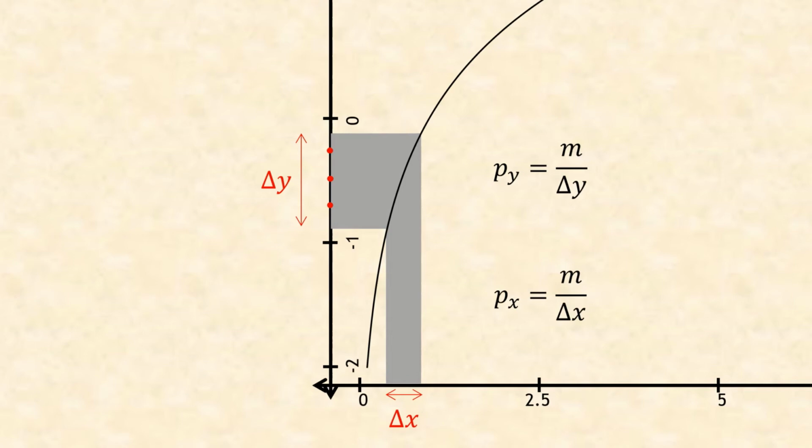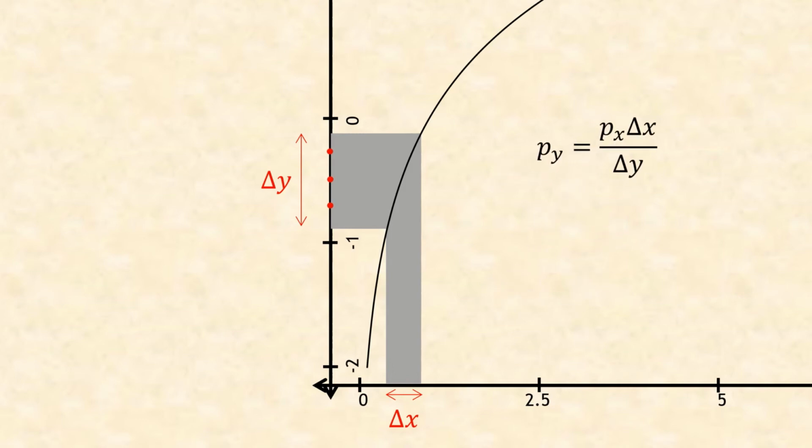Obviously, the same number of particles is in each end of the pipe, but the y-axis has a lower density because the width is higher. We can understand exactly how much it's lower by a bit of algebra. I can rearrange the two formulas and get rid of the m, and then divide by delta x. So the probability density of y is the probability density of x divided by the ratio of delta y and